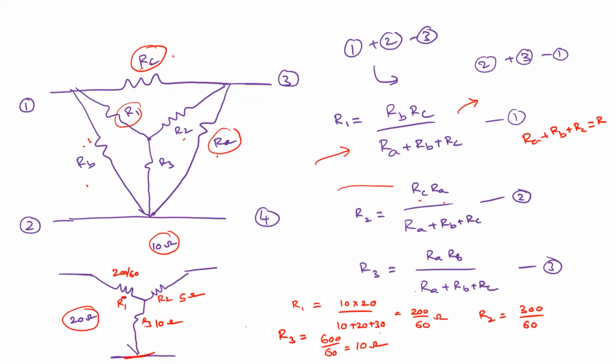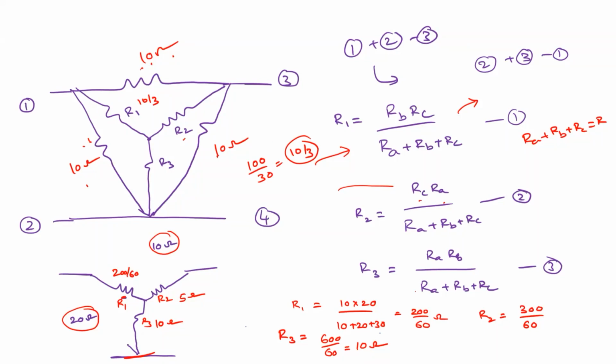So let us assume that the resistances all are equal. Say for example, I will write here, let us assume this is 10 ohm, this is also 10 ohm and this is also 10 ohm. Divided by 3, so what is this value of R1? 10 by 3. Okay, so this value is 10 by 3.